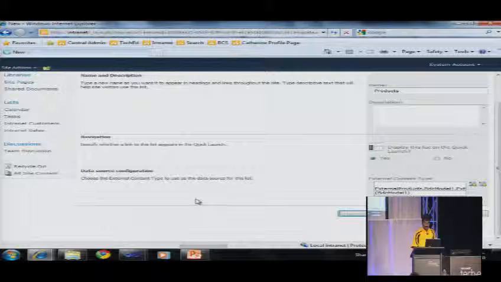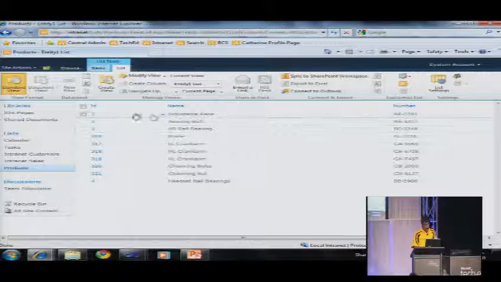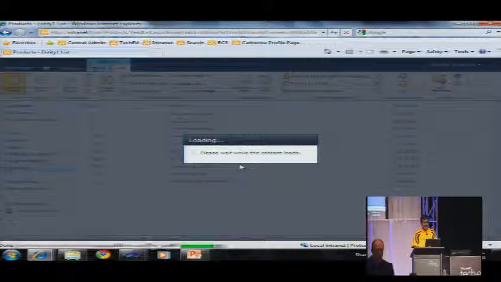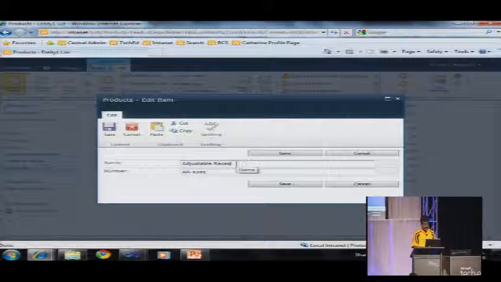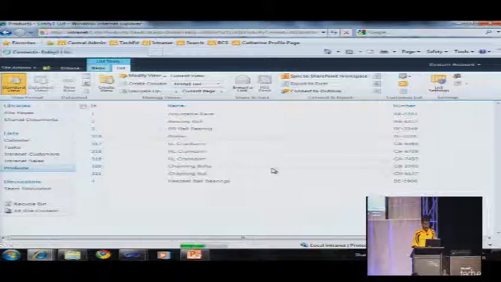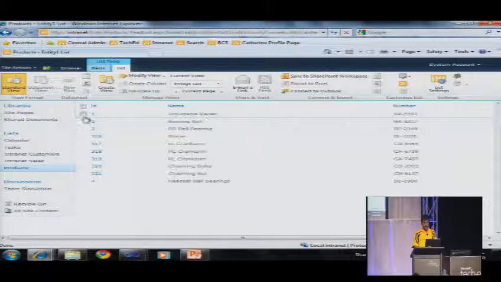Create the list. And now you can see you have the option of editing the item. Right? Since now we added the update method, you get the option of editing the item. So now I can edit. So I'll just say adjustable races. There you go. We got the updated